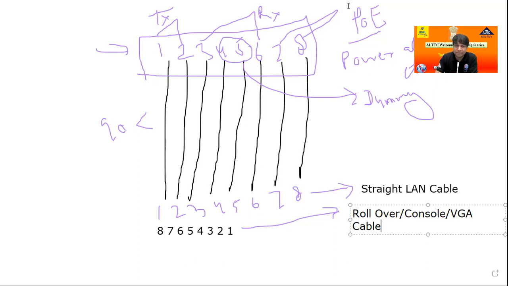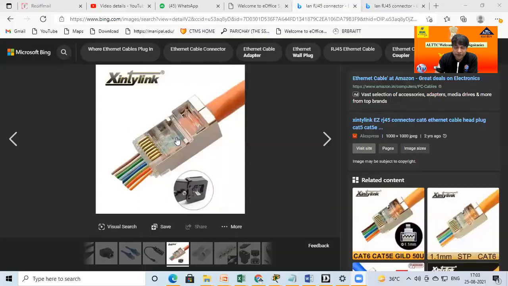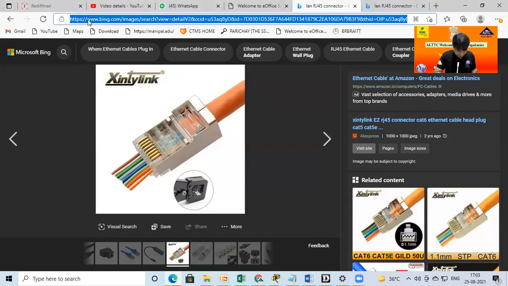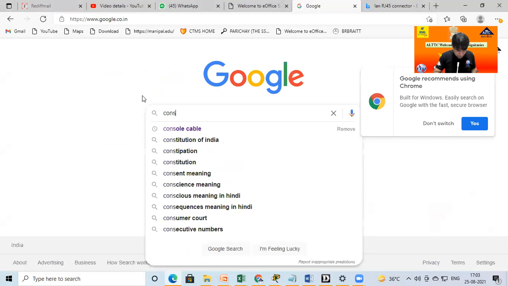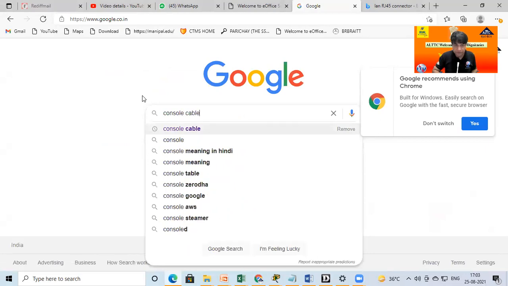If the same type of connector is used on both sides, like this connector, then the name is rollover. If one side has this type of connector and the other side is different, that is the console cable I just discussed.